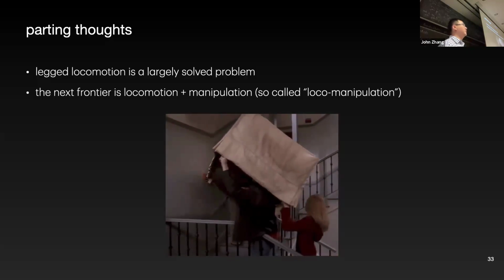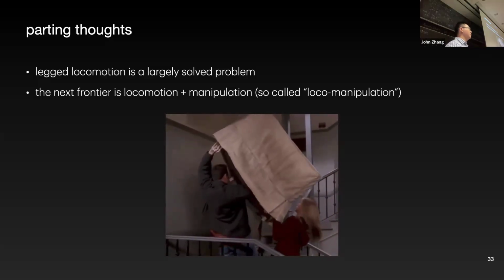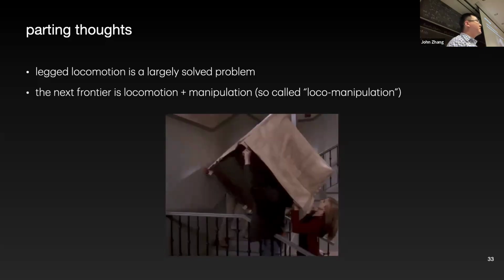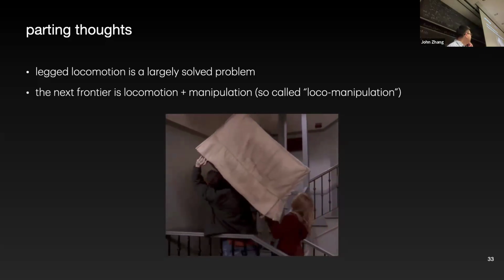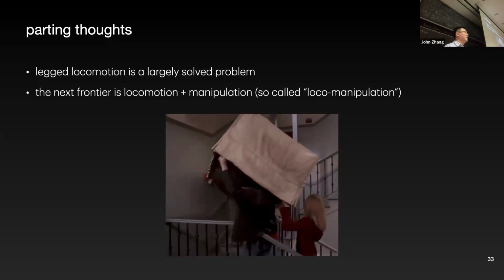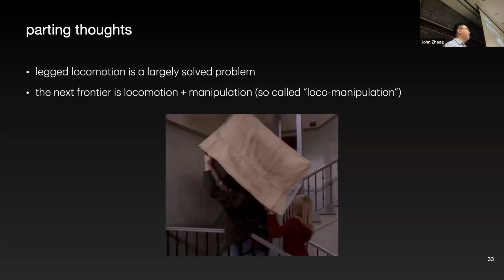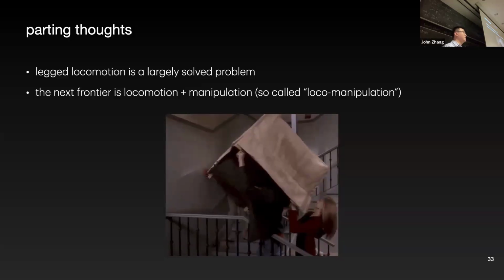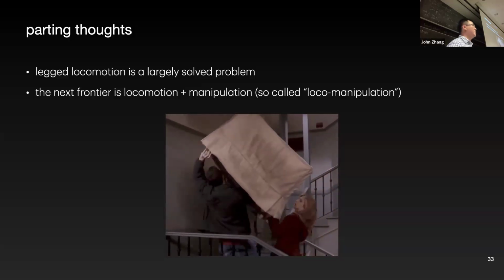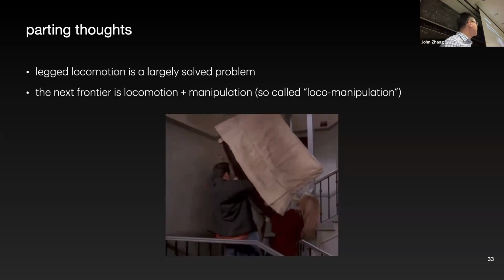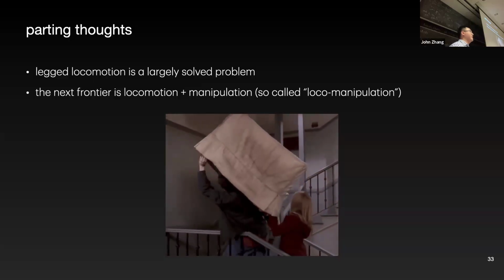By that, this is what's so-called loco-manipulation. There's some recent work because humanoid robots have been much more available the last 6 to 8 months. People have been starting to think about the loco-manipulation problem. In particular, I think the interesting set of problems are where the objects you're manipulating, in terms of size and inertial properties, actually have a large impact on your robot dynamics, such as carrying couches, heavy boxes, and